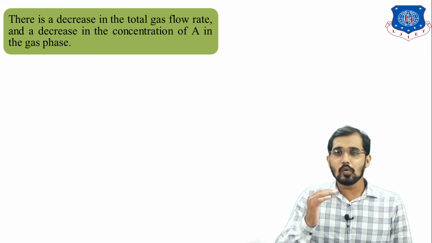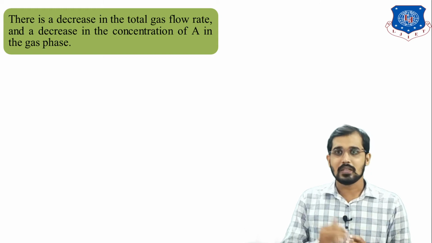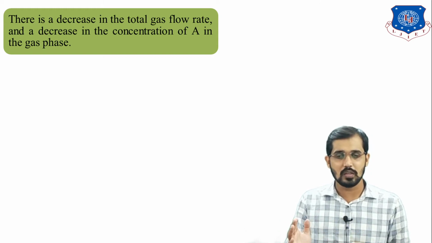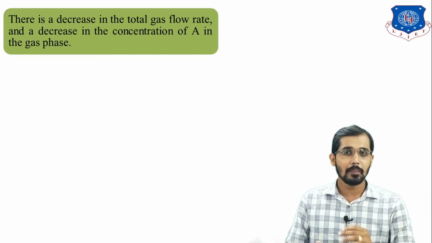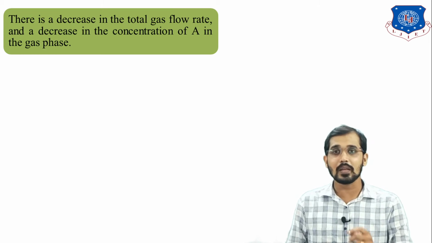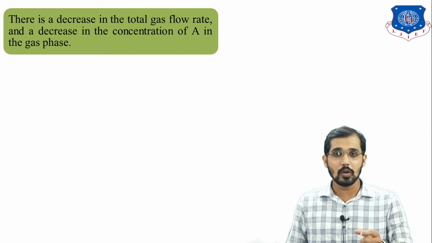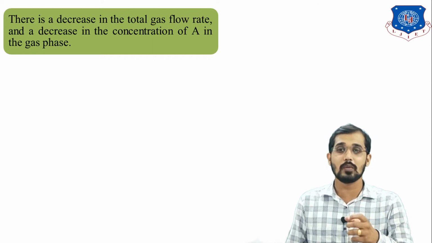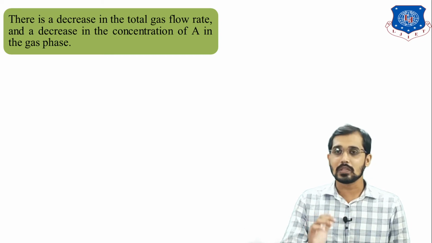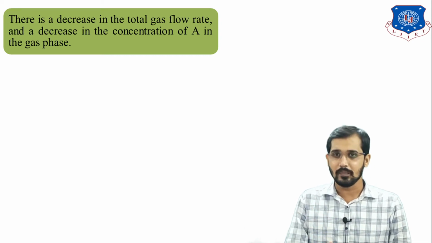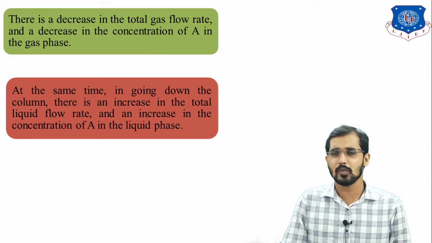As we know that in co-current gas absorption, both streams are coming from the top section to the bottom section, means the gaseous stream, from which we want to remove one of the components, is also coming from top to bottom, and the liquid stream is also coming from top to bottom. But this is the extracting liquid, means whatever component we want to remove is dissolving in this liquid stream and is absorbed from the gaseous stream to the liquid stream. So I can say in one line that the concentration of that component gradually decreases in the gaseous stream and gradually increases in the liquid stream. You can see on the screen.